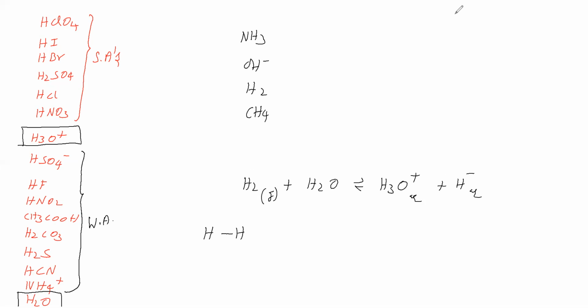Now let me shift the bond like this. Then it will become H plus and H minus. H minus will have a lone pair. So in the hydrogen molecule, we have shifted